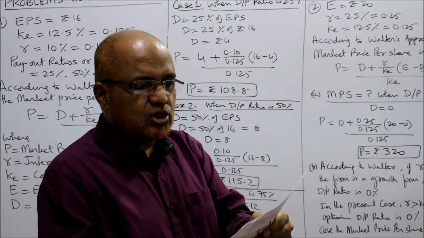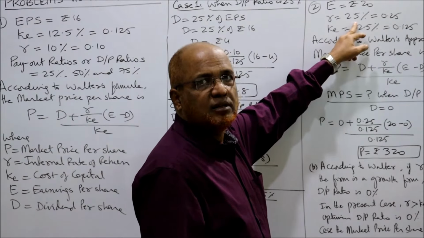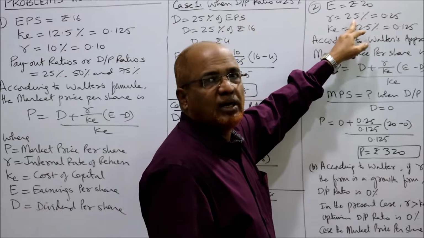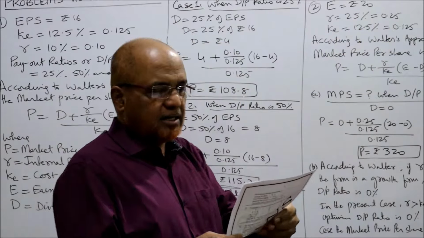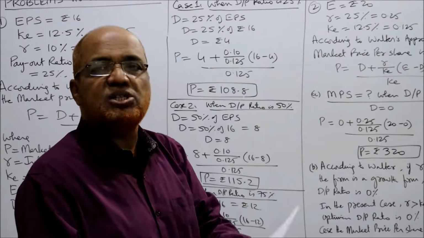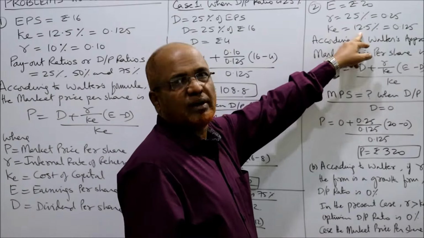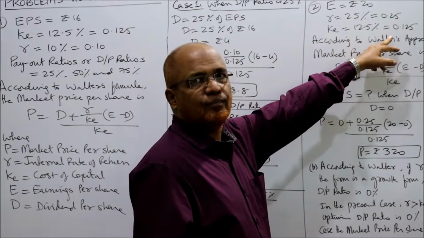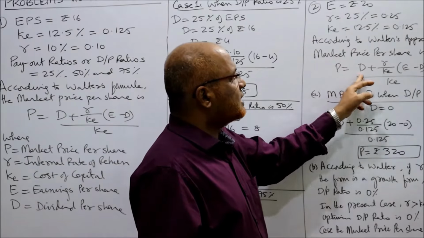Then the internal rate of return is 25%. तो R is equal to 25%. तो 25% का मतलब 25/100 तो it comes to 0.25. And capitalization of risk class is 12.5%. This is cost of capital. K is equal to 12.5% or 0.125. हो गया? According to Walter, the approach, the market price per share is P is equal to D plus R